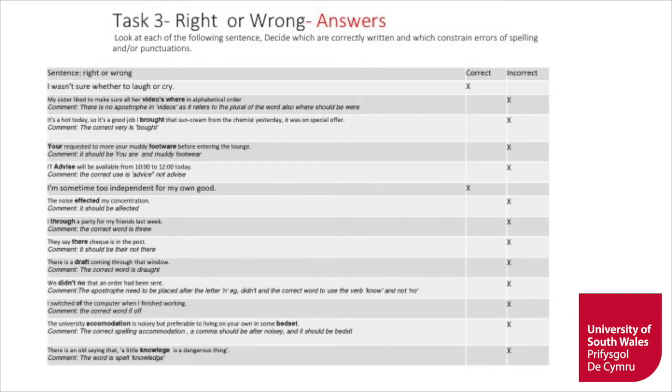We didn't know. Okay, the apostrophe needed to be placed after the N in didn't. And the correct use of the word no should be KNOW, not no. I switched off the computer, so clearly that should have been off with a double F. The correct spelling of accommodation is clearly spelled incorrectly, and a comma should be after the word noisy, and it should be bedsit, not bedset. And then the final one, knowledge, you can clearly see there is a D missing in that word, and the correct spelling is